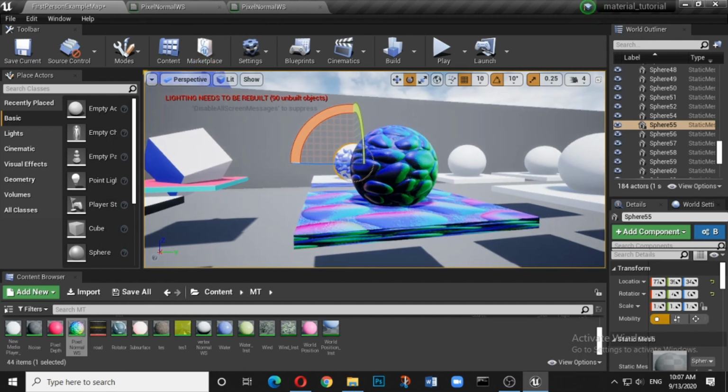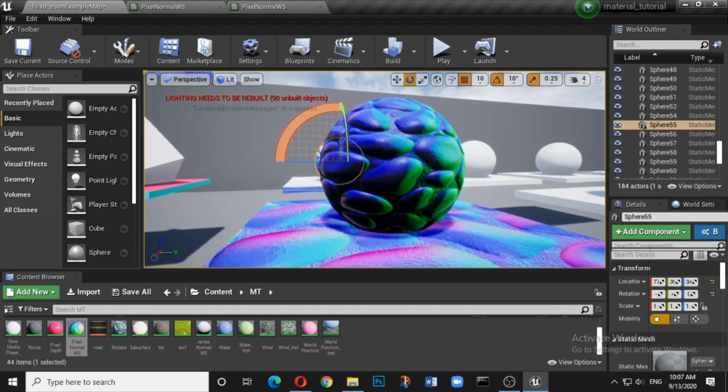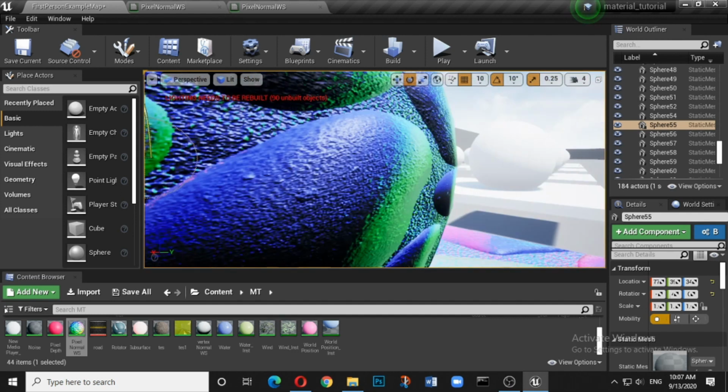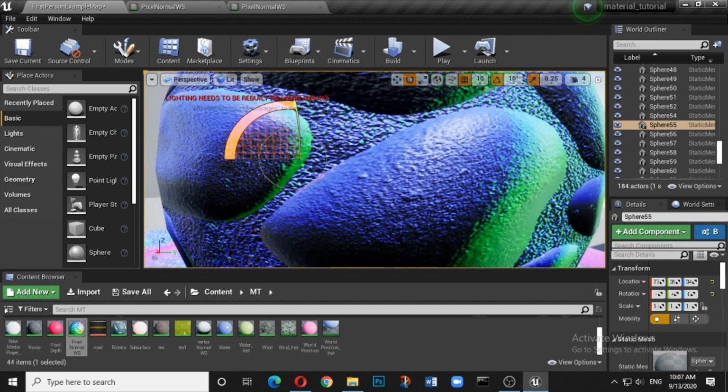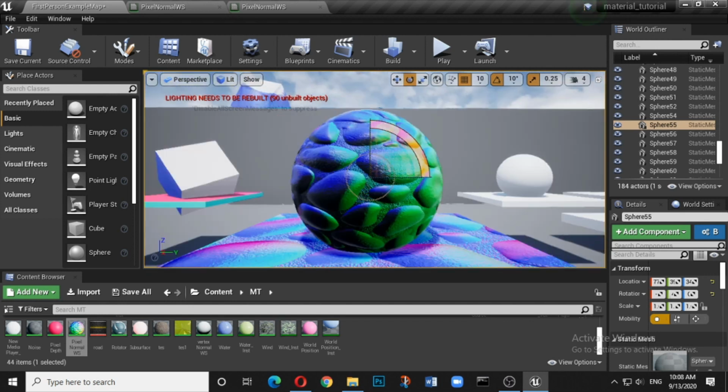Now here you can see, and if we check this on the object, it is working at a pixel level. The green is towards the y axis, and the blue is facing towards the z axis.